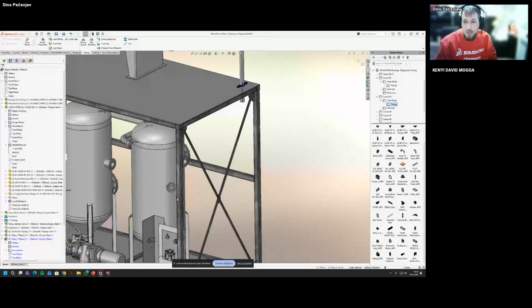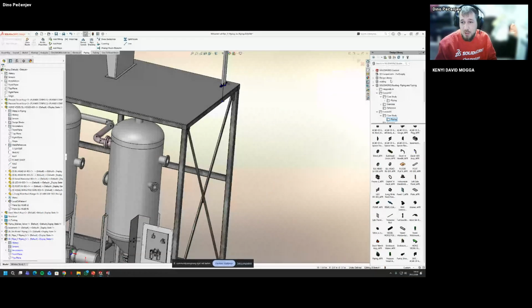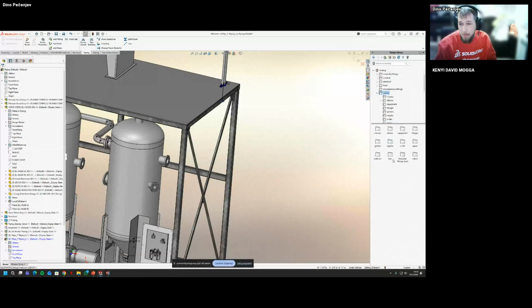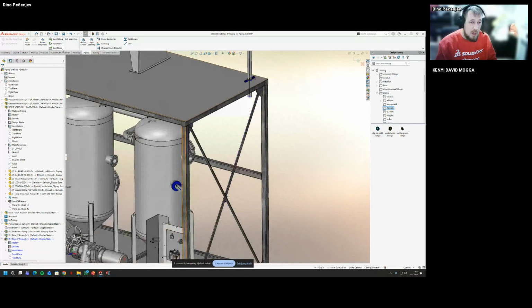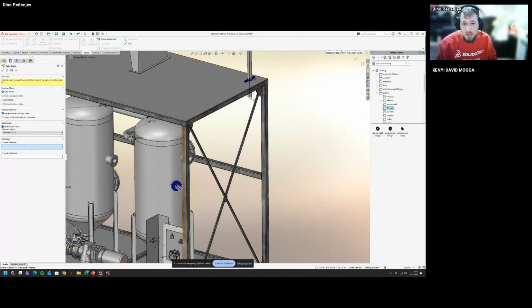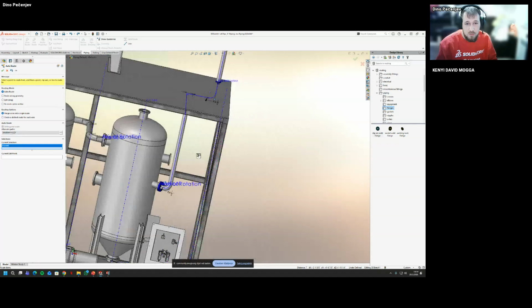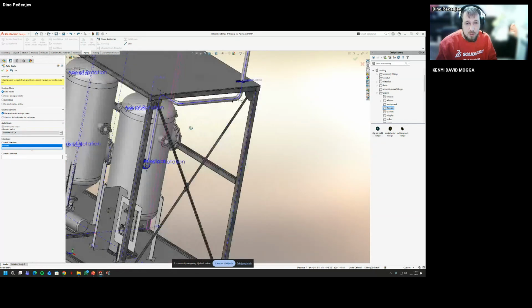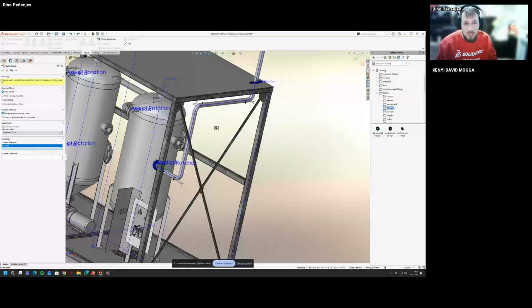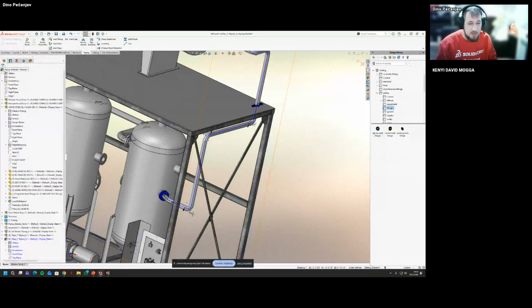So now for the last one, I'm just going to finish the route. I'm just going to drop another flange down here, just simple drag and drop, select the same size, and I can do the sketching, or I can just do simple routes like this, or it can go like this. I think this will suffice.